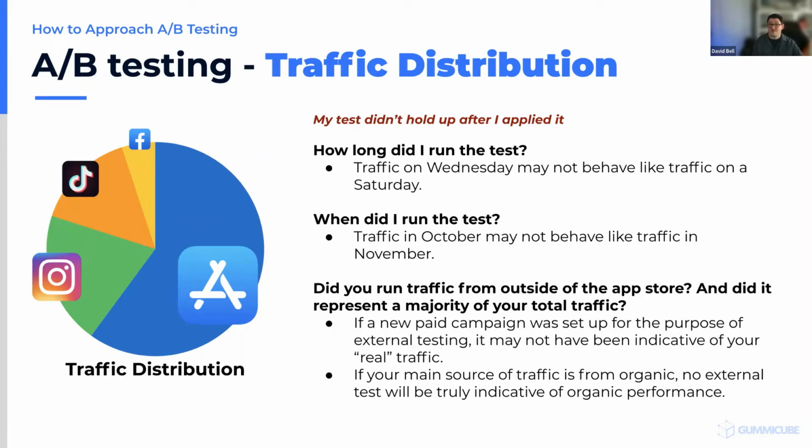Traffic on Monday or Tuesday or Wednesday might not resemble user behavior on Saturday or Sunday, depending on the category that you're in the store. The timing that you run a test can also be important throughout the year. Every category has unique seasonality. That seasonality impacts demand and user behavior in the store and the type of features that people are looking for. Traffic in October might not behave like traffic in November because the holiday season is kicking in. And so it's important to remember that A/B testing is as much about measuring conversion as it is understanding what we might have to merchandise over time to make our app successful on a seasonal basis.